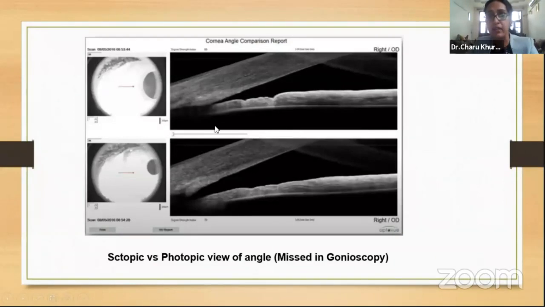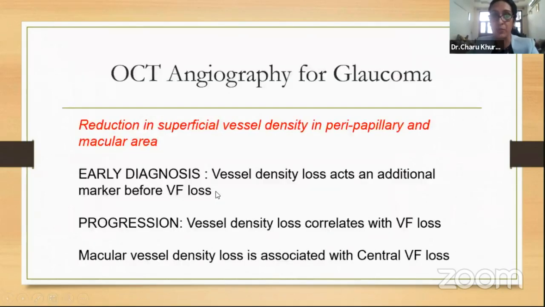This is important. You see, a gonioscopy, because of the focal light that we throw, often narrows the pupil and opens up an angle which was potentially occludable or narrow in scotopic conditions. So here we can visualize in both scotopic as well as photopic conditions where the angle is actually falsely appearing as open.